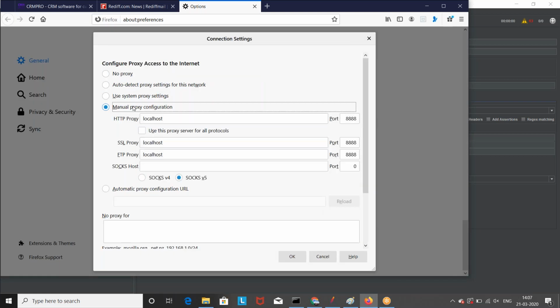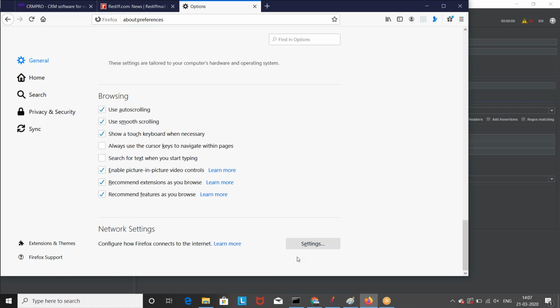Now we will configure a proxy over here in Firefox options: localhost, 8888, manual proxy configuration. For the SSL proxy and FTP proxy also you have to write 8888, and you do not need to write anything in SOCKS host. So just ignore it, and then you simply click on OK. After that, what you have to do,